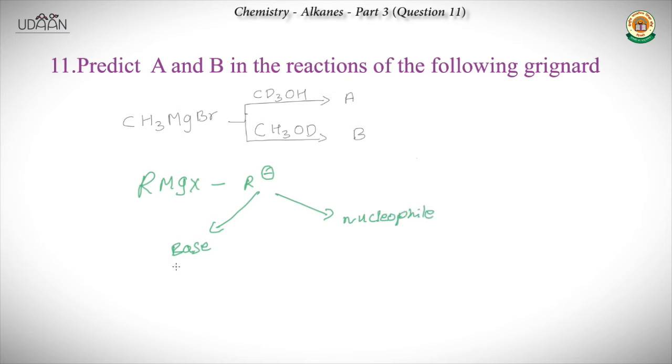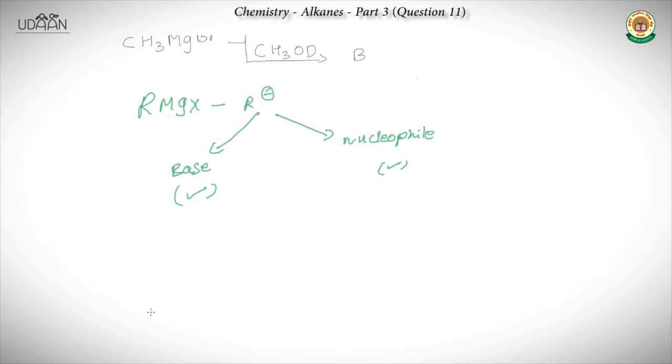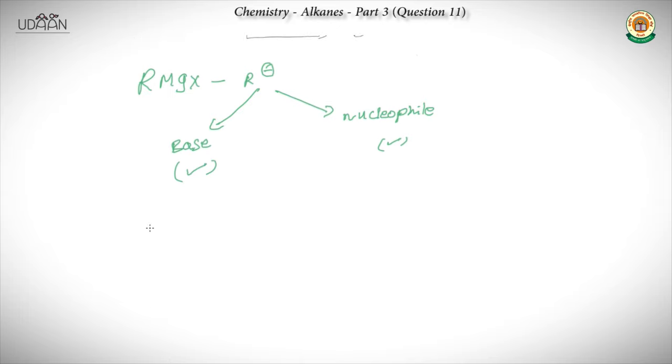Now, if there is an acidic hydrogen, then it acts as base. If there isn't any acidic hydrogen, then it acts as nucleophile. Now, if there are both acidic hydrogen and an electrophile, then it mostly acts as base, because acid-base reactions are very fast. Now, in this case, for the first compound we have